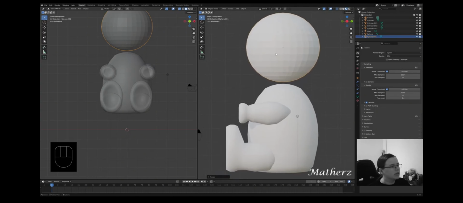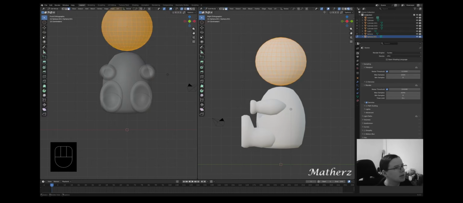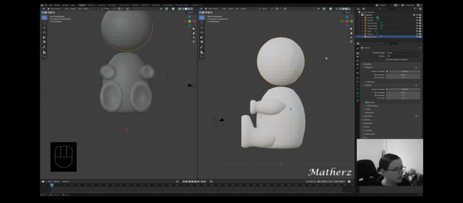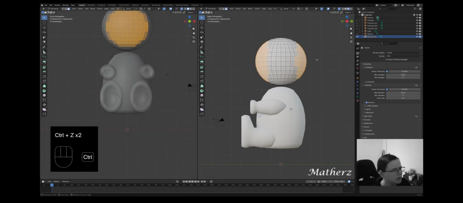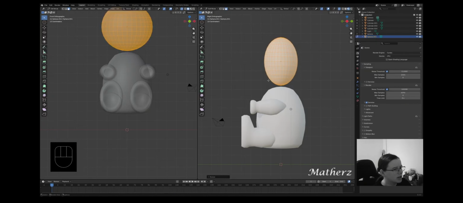Alright, so we're going to do the exact same thing that we did for the body, but we're going to squish the head inwards. So let's go ahead with the edit mode. Toggle X-ray so that you can see everything. Let's go ahead and select the faces on this side. It doesn't have to be perfect. And then Shift, select the faces on this side, and we'll just press S and kind of squish this in just a little bit more. And then what I'm going to do is, you know what, I'm going to undo that one and just squish it in manually, I think. So let's press A to select everything, squish it in manually, as such,